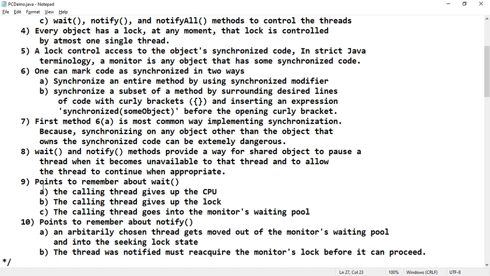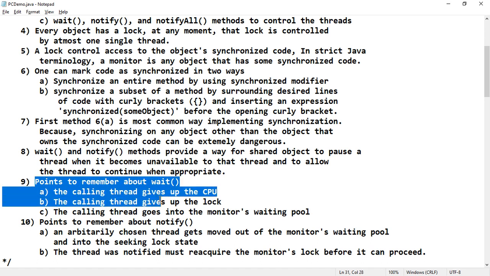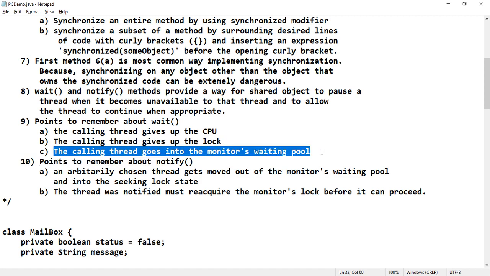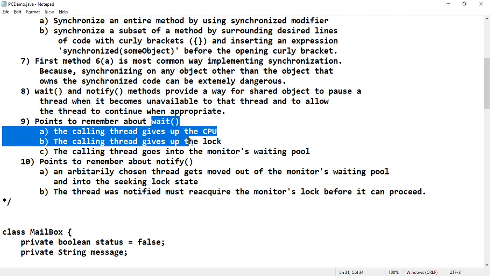Next are the points to remember about wait. Whenever wait is called, the calling thread gives up the CPU. The calling thread gives up the lock. The calling thread goes into the monitor's waiting pool when you say wait.